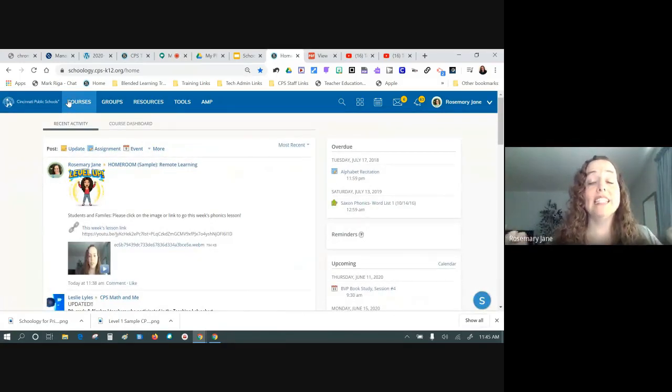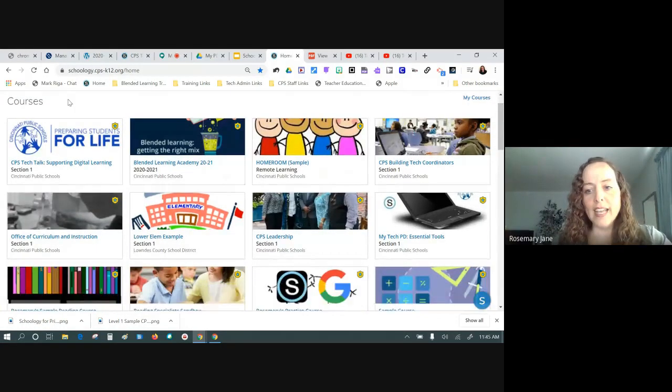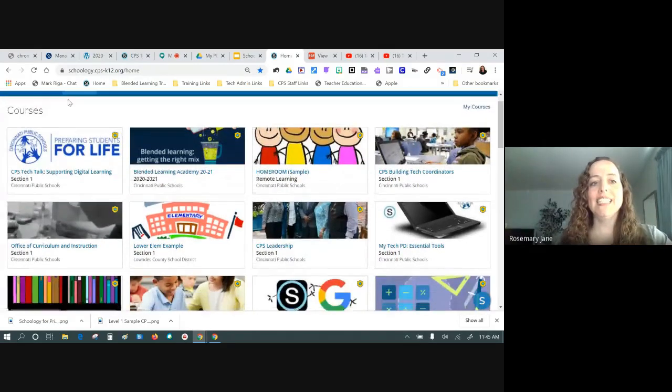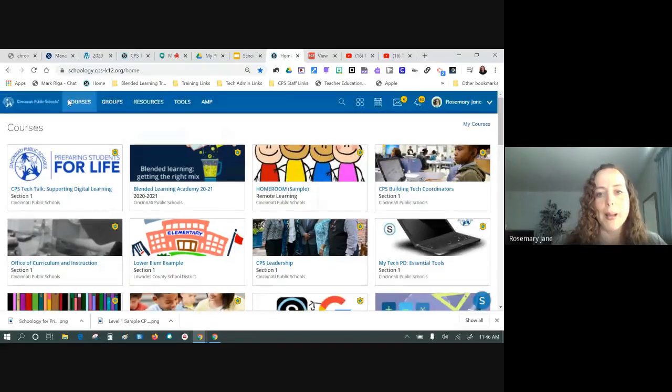So that is a user-based setting. Your tiles that appear for you appear like a menu. It's designed with 12, and don't forget that Schoology is a pre-K to 12 platform. And so typically our students won't be enrolled in more than 12 courses. Matter of fact, if they get enrolled in more than 12, that can be a problem. But if you have a course that is not displaying here, I'm going to go to